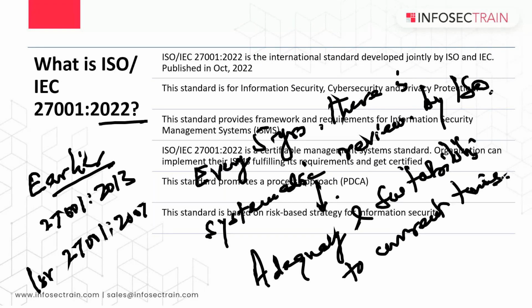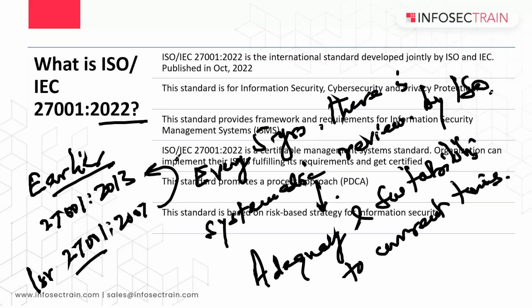So if the committee feels that no, there is a need, some changes have happened and those changes need to be incorporated in the standard, it goes through a review process. There is a voting mechanism at multiple stages in the development of the standard, and if everybody approves, then the final standard is republished. So ISO 27001 2007 was reviewed in 2012 and we got 2013.